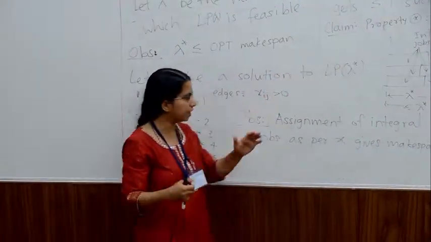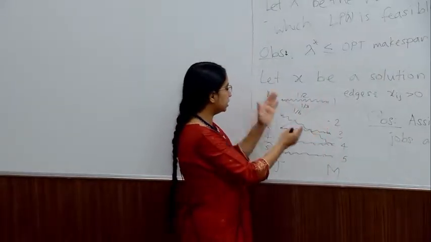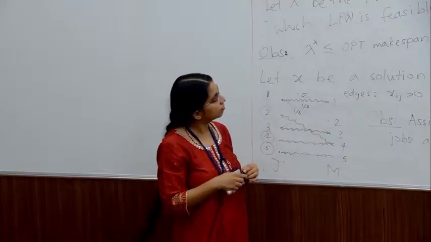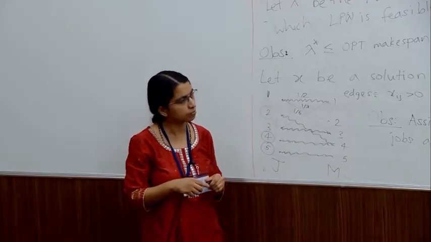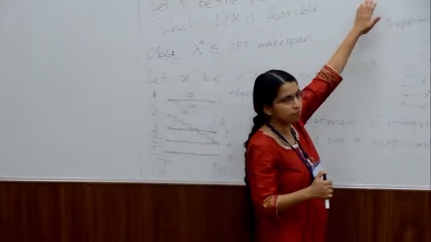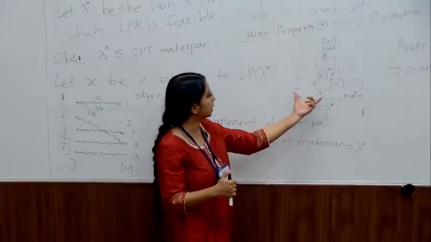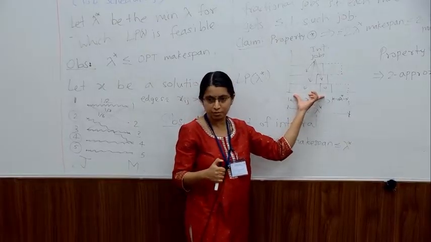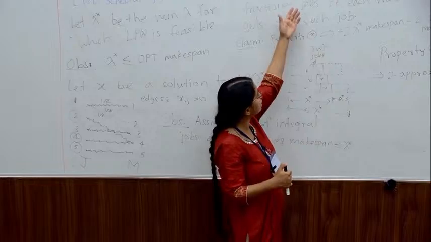Essentially, we only have to find a matching between jobs and machines, and the matching should match all the jobs. So this property star is in the case of assigning one job per machine, among the fractional ones. The integral ones get absorbed within this lambda star factor because the LP tells us how to assign them. The fractional ones we are assigning in an